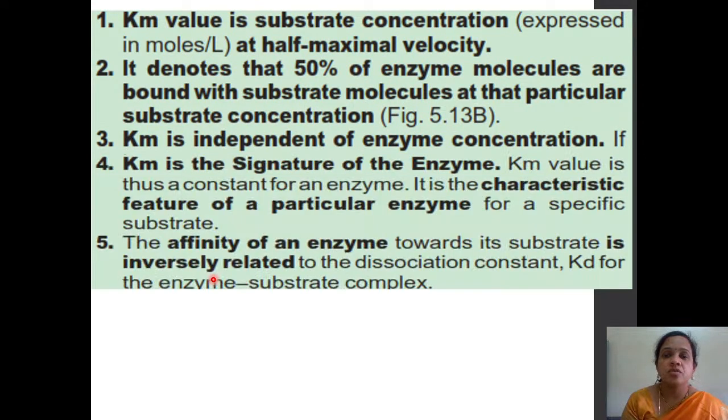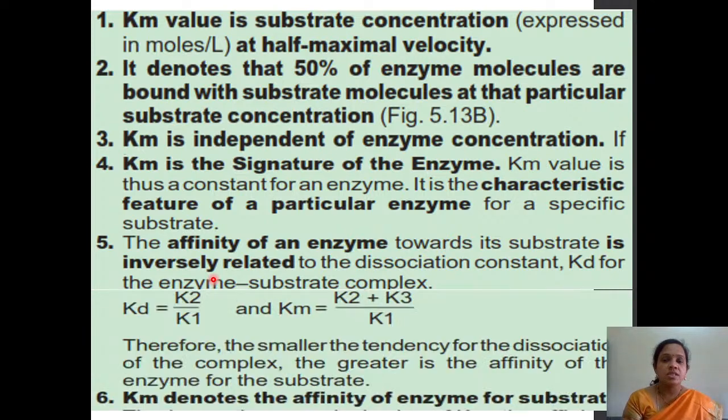Km is independent of concentration of the substrate. Km is a signature of an enzyme. Km is thus a constant for an enzyme. It is a characteristic feature of a particular enzyme for a specific substrate. The affinity of an enzyme towards a substrate is inversely related to the dissociation constant Kd. So this is a dissociation constant, the formula which I have derived, and the Km denotes the affinity of the